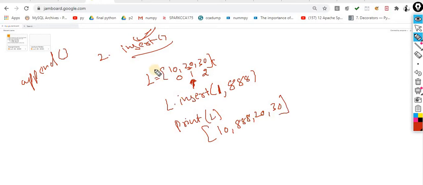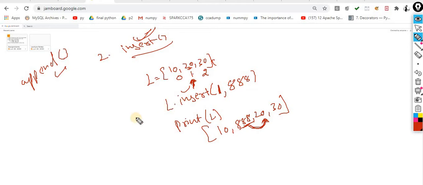Now with the help of insert, you can insert an element at a specific position. My position is index number 1. I am saying here I want to insert this element at position number 1. So the element is added at position number 1, and whatever element was at position number 1 moves ahead by one index. So this is the difference between append and insert. Insert adds a specific element at a specific index, but append will always add the element at the end of the list or end of the data. So this one is insert.